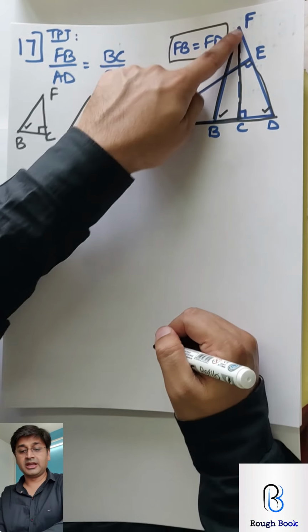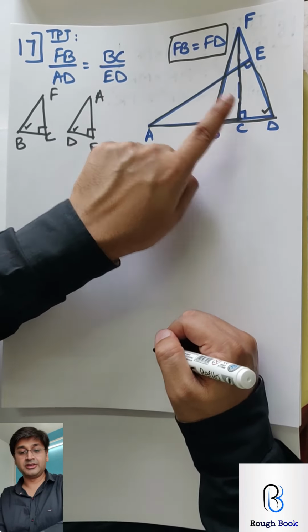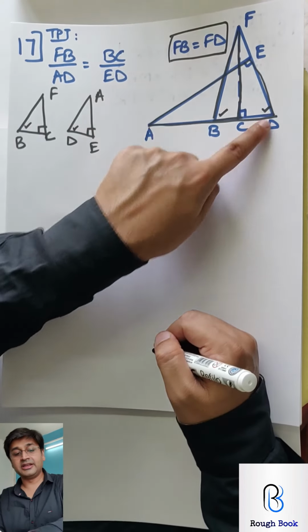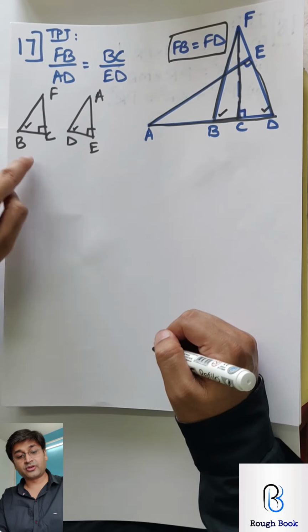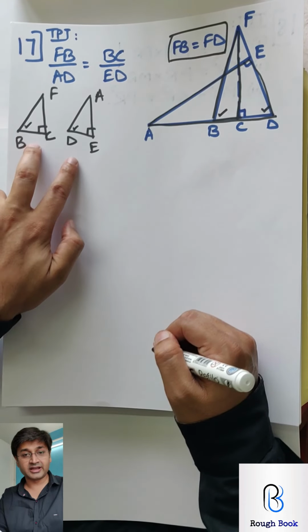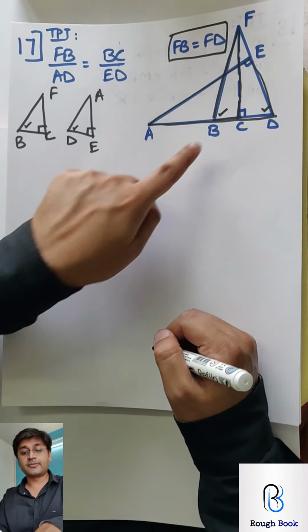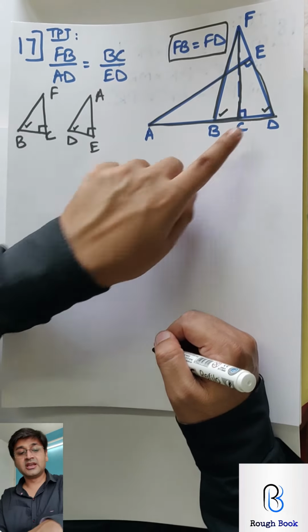So your step 1 should be, in triangle FBD, FB equals to FD. Step 2, therefore FBD equals to FDB. Step 3, in triangle FCB and triangle AED, these 2 triangles, and then 4 golden steps to prove the triangle similar by AA test. Last step CSST, and you're sorted. So first 2 steps get these, then 4 steps for proving triangles similar, and then last step for this. So altogether you'll have 7 steps. Can you write it? Let me give you the challenge. Come on, write on your own. If you get it, great. If you don't get it, come back, I will help you. And if you get it, comment on the YouTube channel for me to know about that.